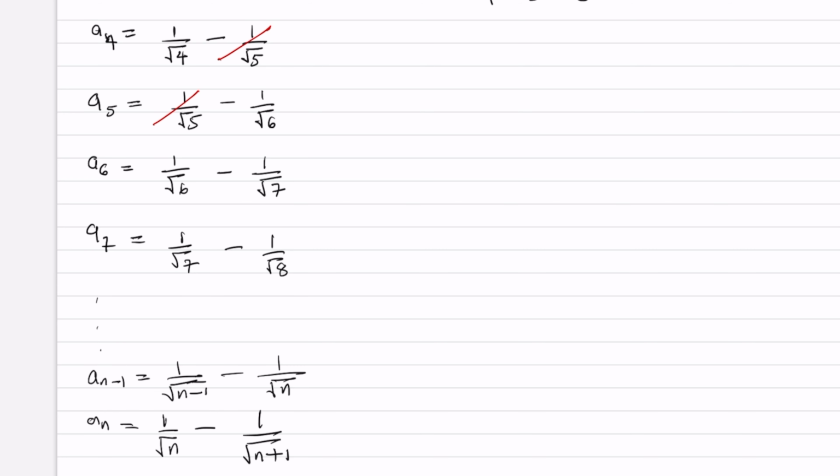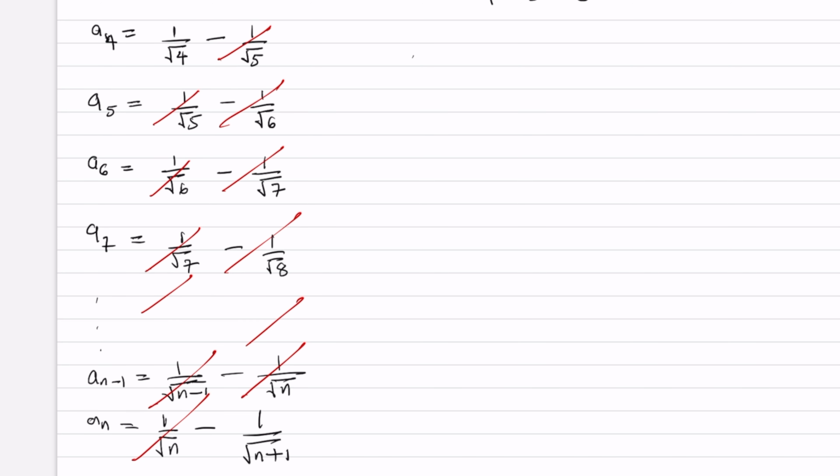If you add this and this, you have 0. If you add this and this, you add what? 0. If you add this and this together, you add 0. That means if I add this and this, I'll have 0. And if I add this and this together, I'm going to have 0. That means that